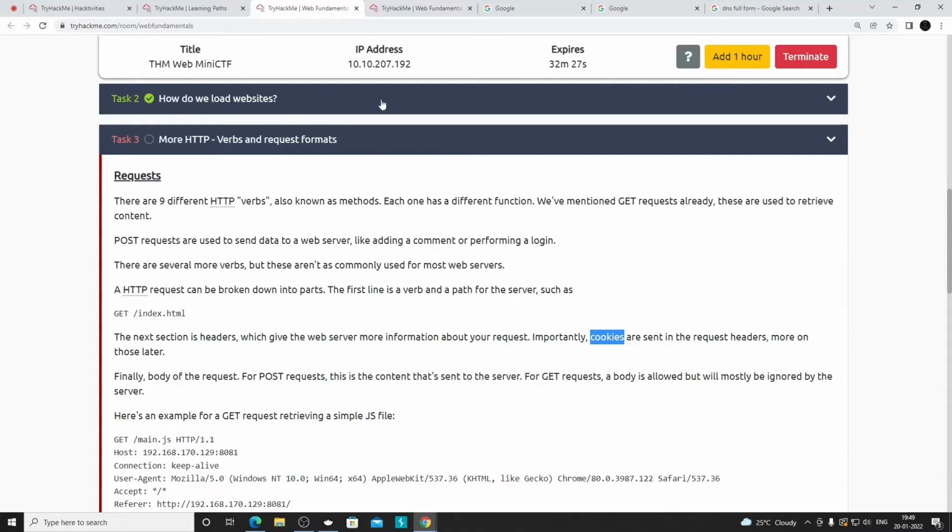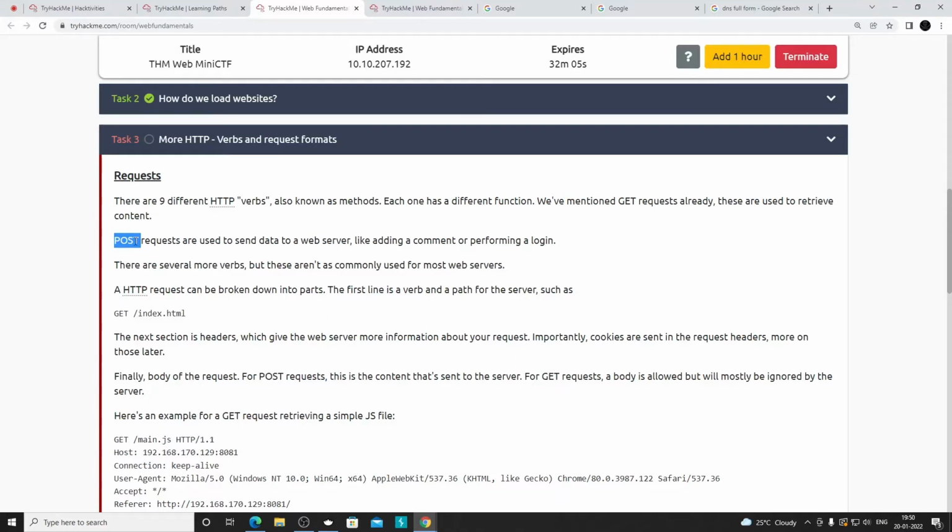We discussed GET already. Apart from that, we have 8 more HTTP verbs, but the others we will be discussing later on. The one that we will now discuss is POST. All these HTTP verbs have different functions. Using these HTTP verbs you can do different things on the server, or make changes in your website.